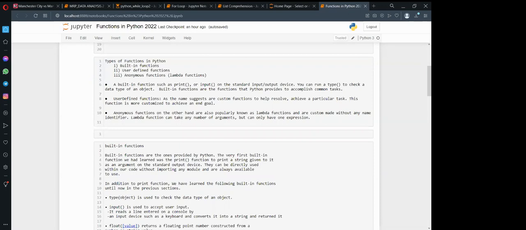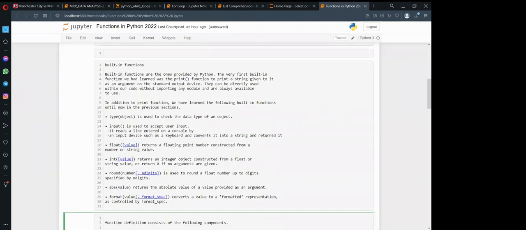Then user-defined function is mostly what I'm going to show you here. These are the functions that you are going to come up with in order to help you achieve a particular task. So we call them customized. If your end goal maybe is to calculate the area of a circle or something like that, you can employ a user-defined function.